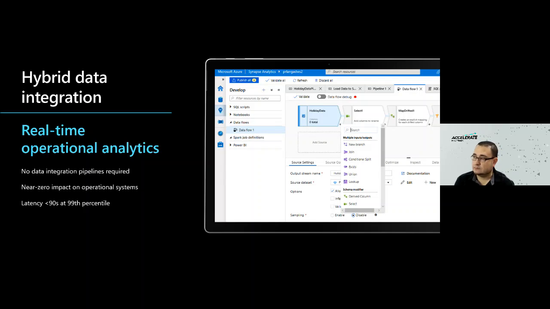And again, some of you may be familiar with the screenshot that you see here. That is essentially Data Factory behind the scenes, right? So now you've got Power Query, you've got Data Factory, all within the same development environment that you can take advantage of.